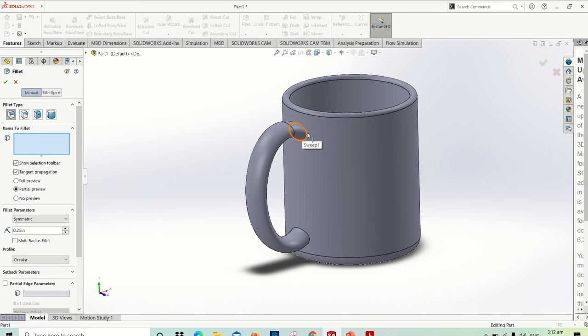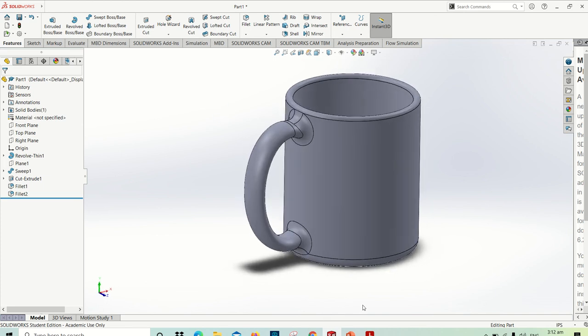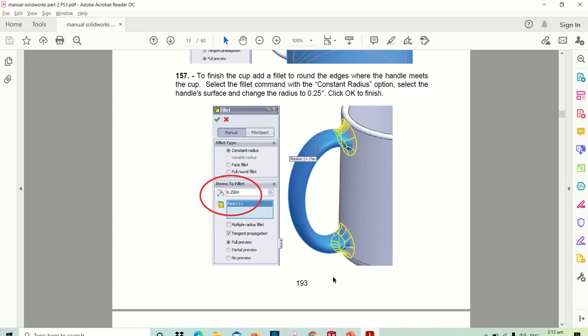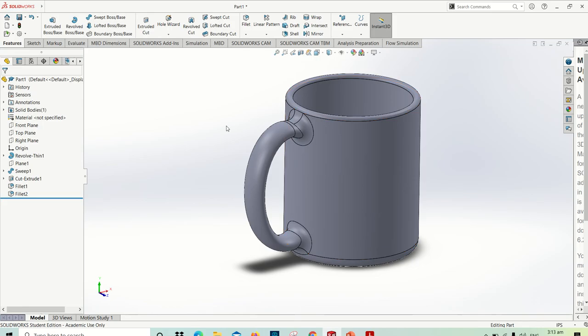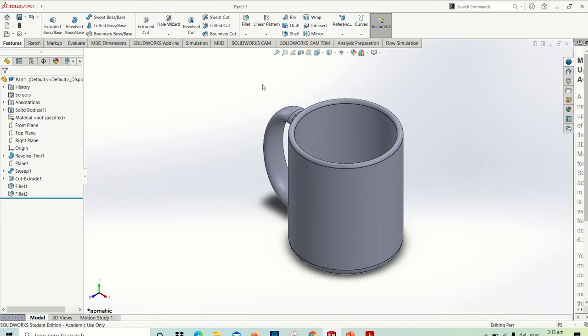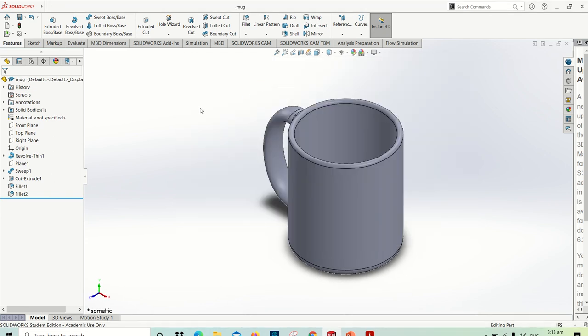Change the dimension to 0.25. There you go, you have your fillet. Once you have that, the mug is already finished. So we have to save it. Save it. If you want to specify the material here,